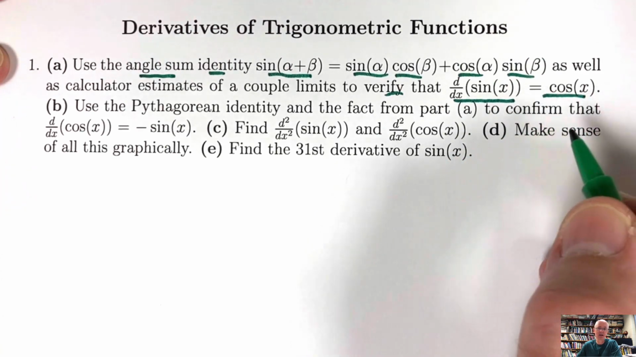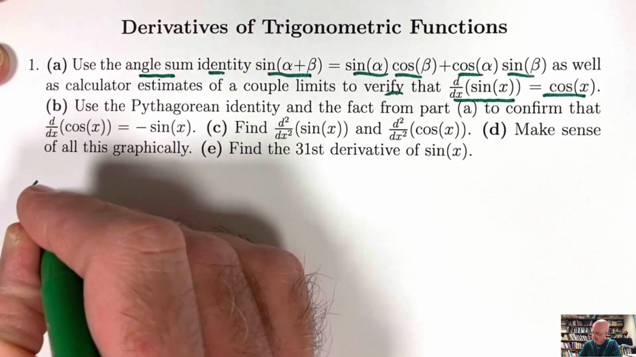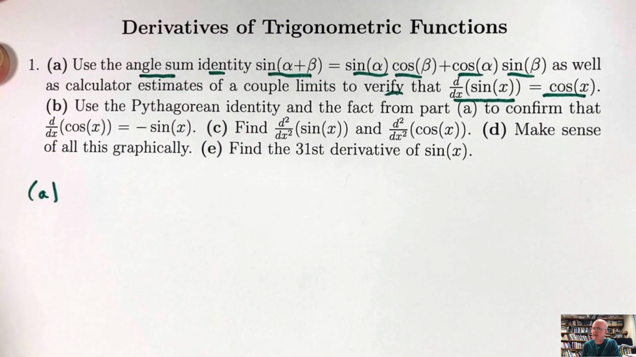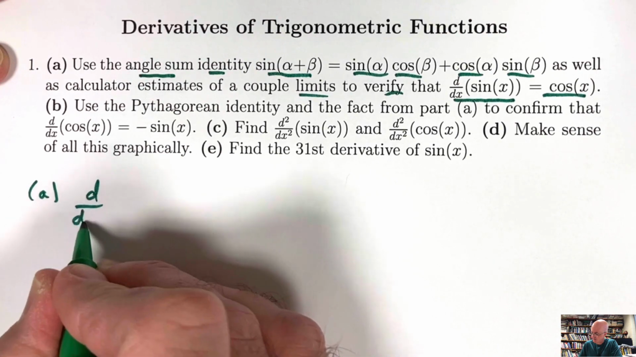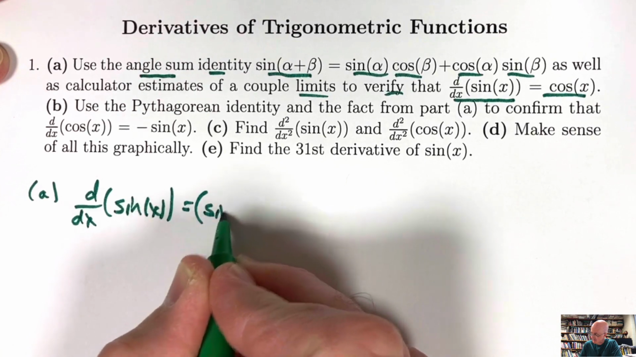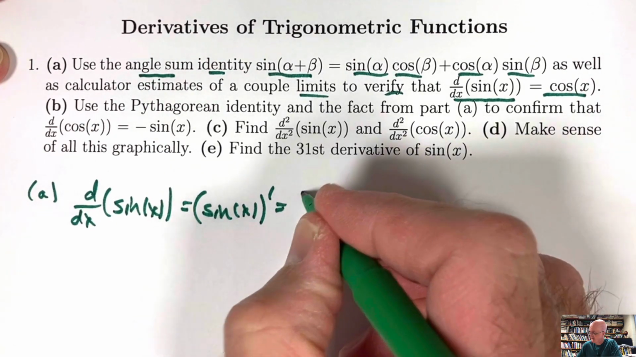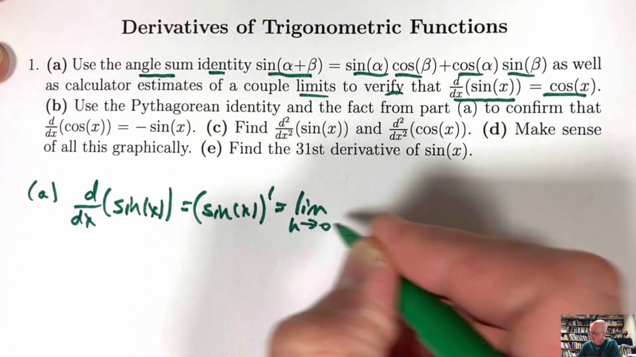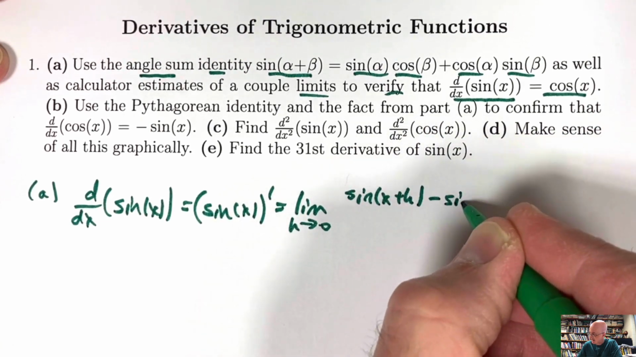equals cosine of x. Before we start this, you should understand that it will be important for your calculator to be in radian mode. Otherwise, you'll get the wrong answer. It's not explicitly told us here, but evidently we must need to use the limit definition of the derivative that's implied by the fact that we're talking about estimating some limits here. So the derivative with respect to x of sine of x, also written sine of x prime, by definition of the derivative, is the limit as h goes to 0 of sine of x plus h minus sine of x,